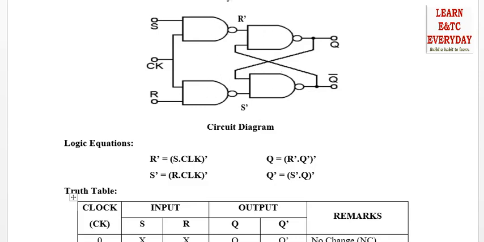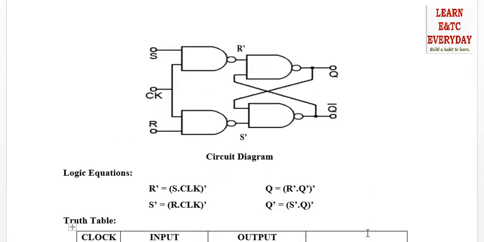Basically, this second pair, the third and fourth NAND gates, forms a latch. We are learning flip-flops, but flip-flops are made up of latches. In a latch, as you can see, the output is applied as an input again. So this Q is applied as an input here, and again Q complement is applied as an input here. Very simple diagram. If you practice it one or two times at home, you can easily draw it. So we have drawn the clocked SR flip-flop using NAND gates. You can draw it using NOR gates also.